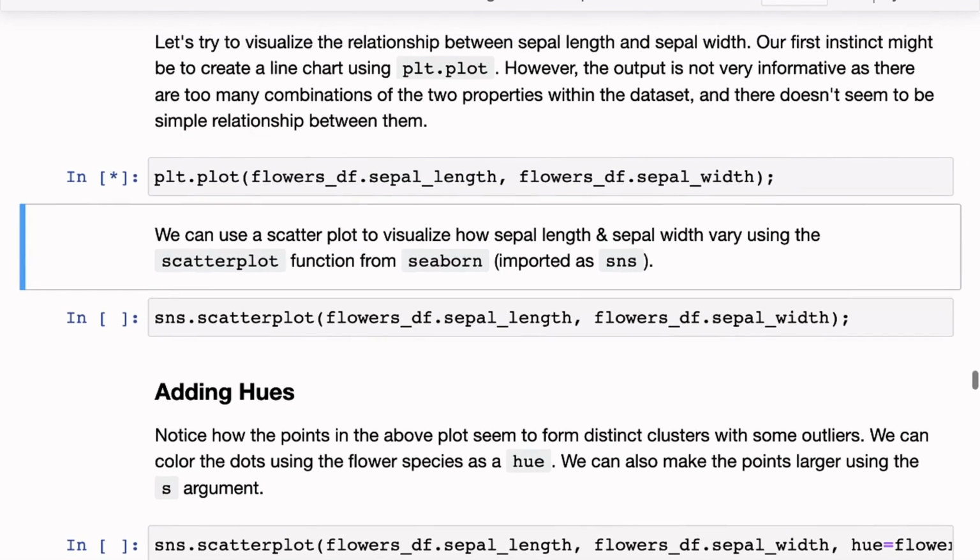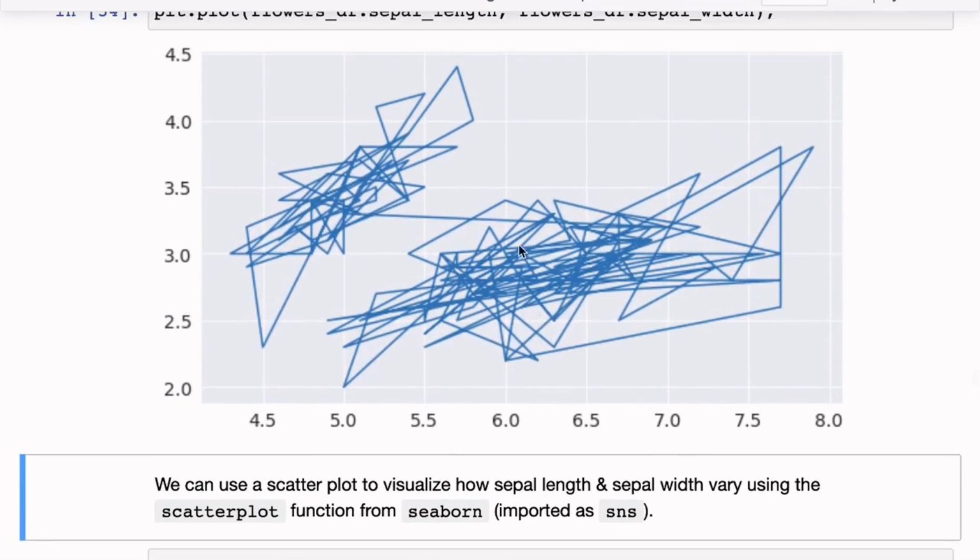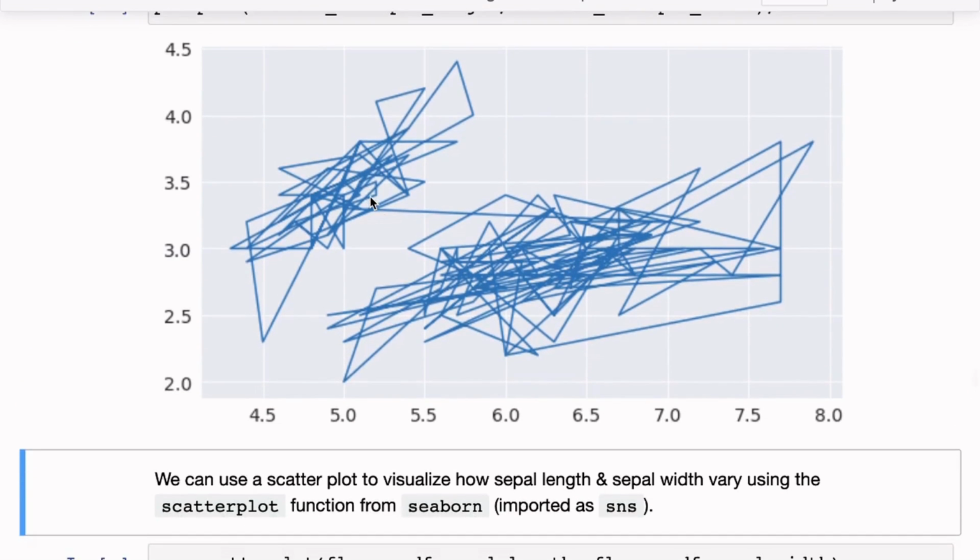So we plot it, and that leads to this plot, right? This plot is not very pretty or very useful. Why do we end up with a plot like this? Because there are 150 values, and all of those values are in a small range of 4.5 to 8 for the sepal length. And similarly, in the small range of 2 to 4.5, you have 150 values of sepal width. And there is no natural order to either of these values, right? These are all completely random measurements.